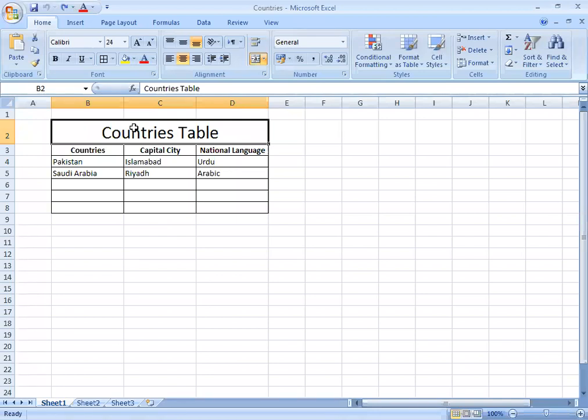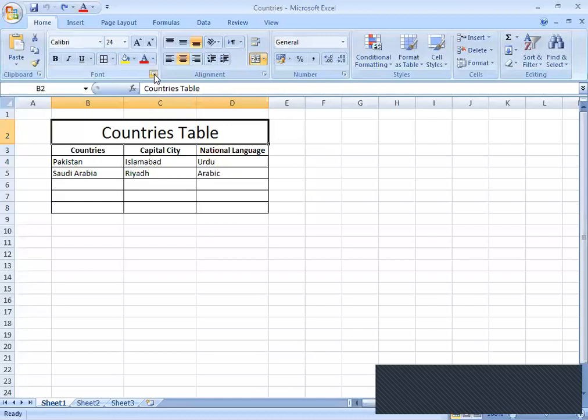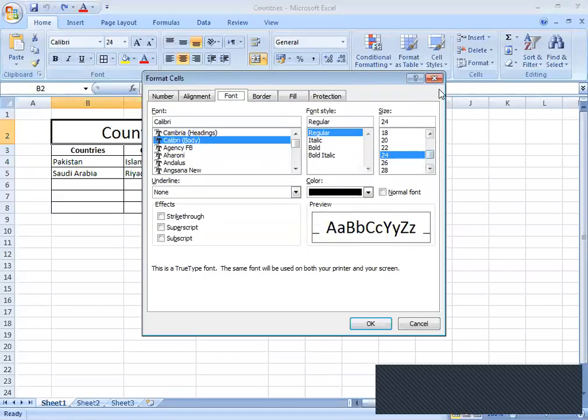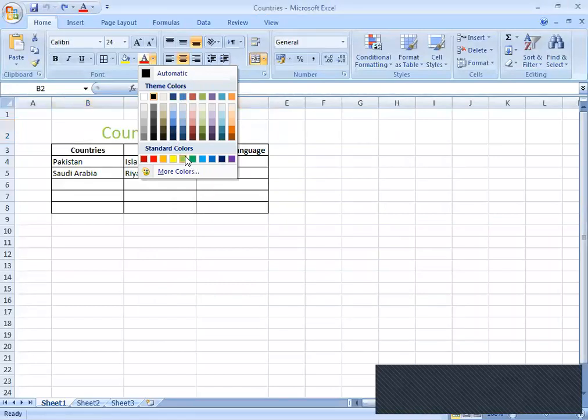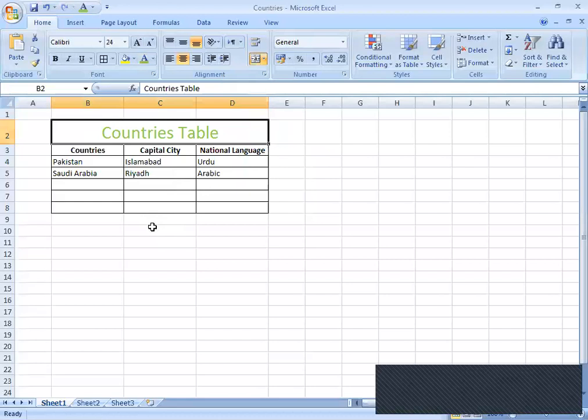I have selected this group of cells, and now I am going to the home tab, font group, and changing the color, right? So how can I change the color? I am changing it from black to green or whatever you like.